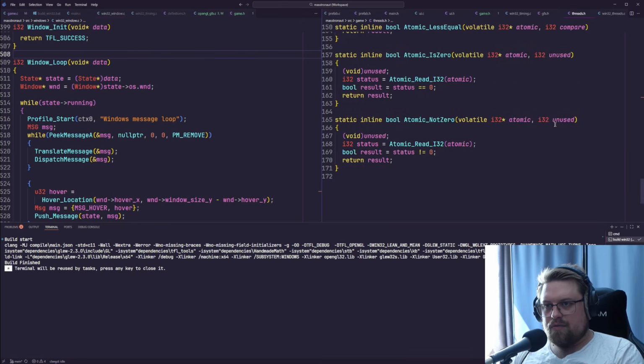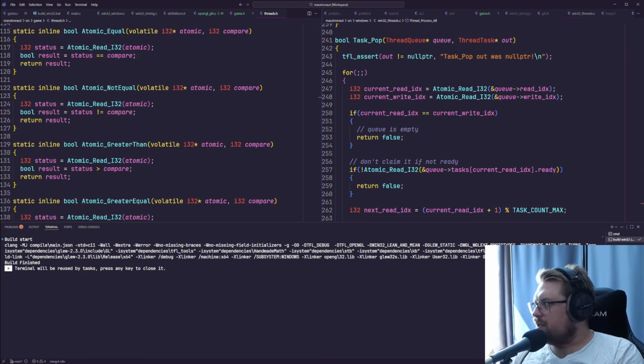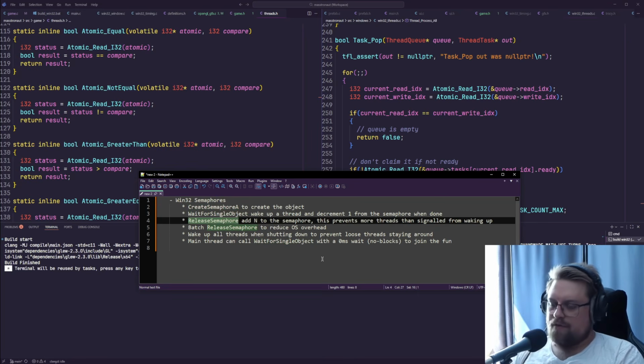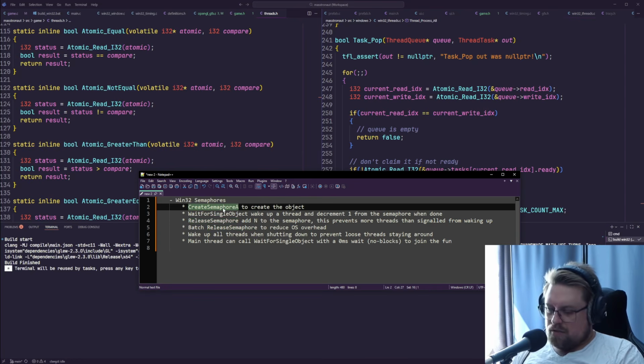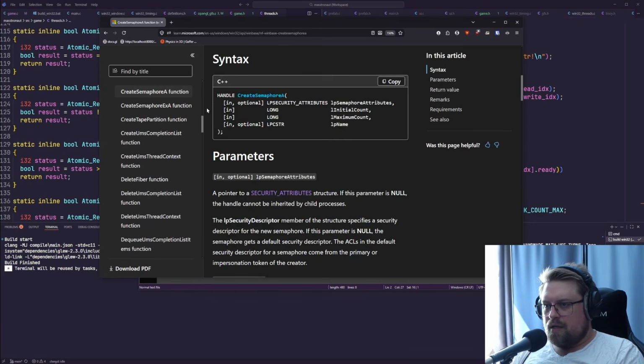So how do we do this? We can take a look at the notes that I have. We are having create semaphore A, wait for single object, and release semaphore. Those are the basic functions that we need to use. So we can just start with going to the documentation for this. So we are having security attributes, that's nothing. Initial count will be 0. Maximum count, I don't know, we can just put some value there. We could put the value of number of threads, I guess, but